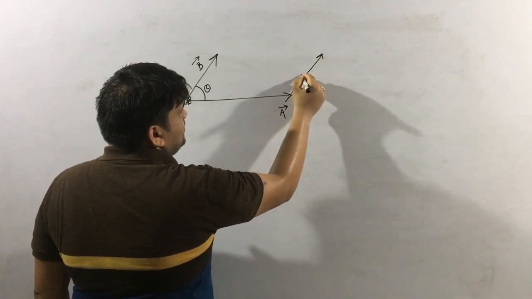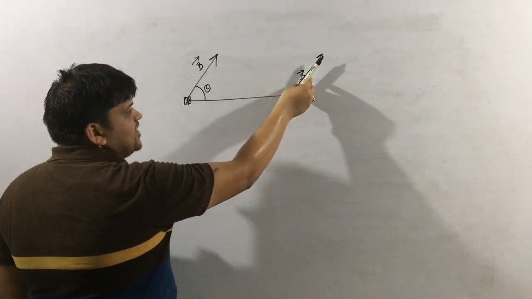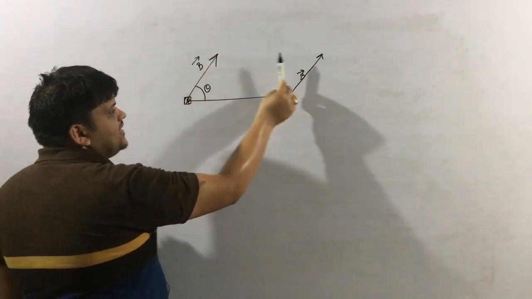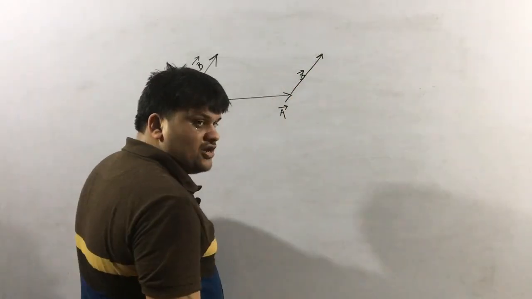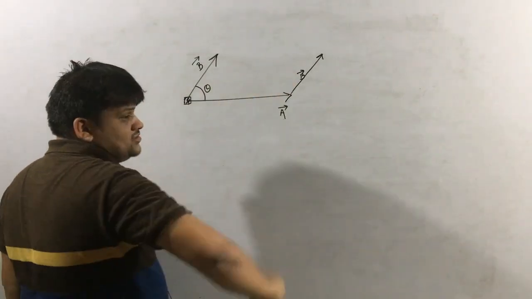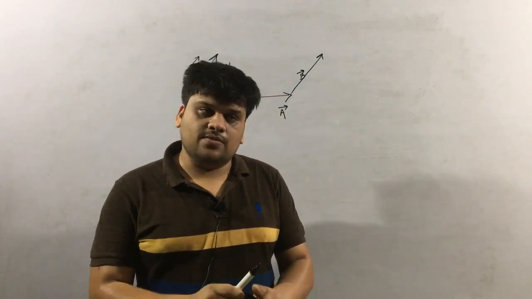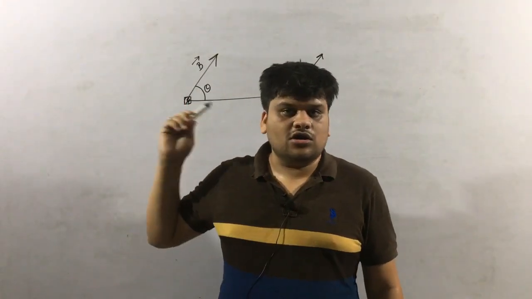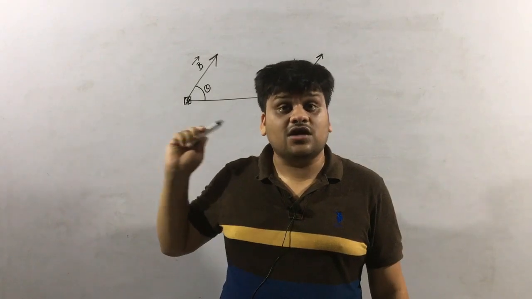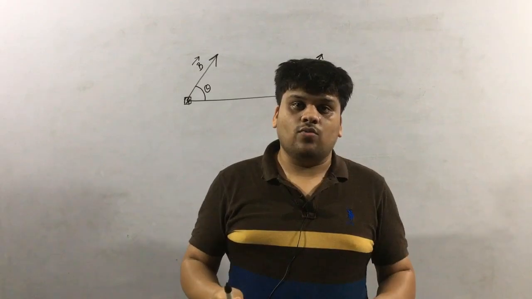So this will be the B vector. Remember, while drawing the B vector, it must be in the same direction. Here if the B vector is given like this, you cannot draw the B vector there. And remember, always give the arrow marks. These are vectors, must be represented with an arrow mark. I have seen many times, 50% of the students are just missing the arrows, they are just drawing a triangle. You are not learning geometry here, remember. You are learning vector addition, and all the lines are actually vectors. So you must give the arrow mark, must.